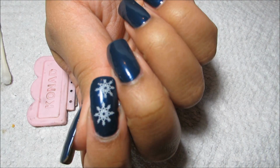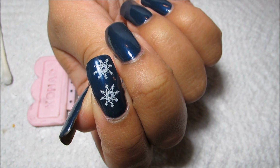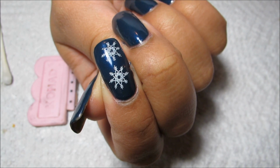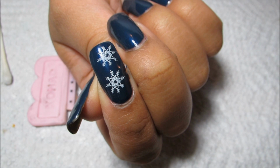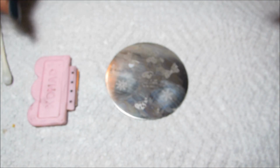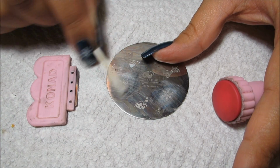And there you can see them right next to each other. And you can see, I mean, a very, very faint, slight difference. The Konad is maybe a bit whiter, a bit more opaque, but overall, the Wet n Wild is a perfectly fine substitute, especially since Wet n Wild is usually about 99 cents, and the special polish is usually like $5